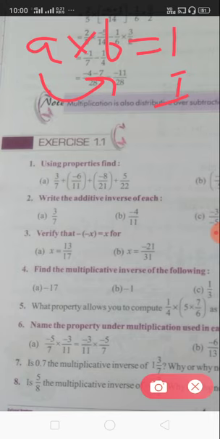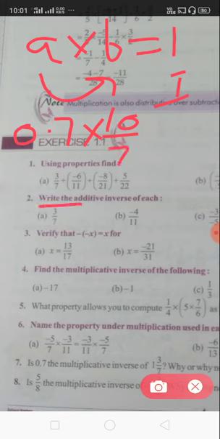What are a and b here? A, b are your integers or numbers. So here the first number is 0.7, so I write here in place of a 0.7 into the next number, 1 whole 3 by 7. 1 whole 3 by 7 you simplify, what you will get: 7 times 1 is 7 plus 3 is 10 by 7. So 10 by 7, multiply it. If you will get 1, then you say this is the inverse of this.